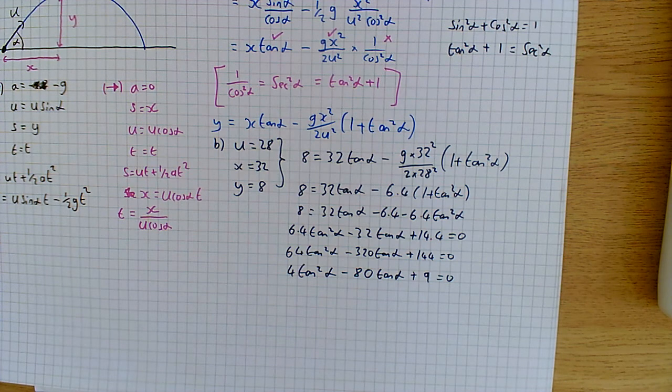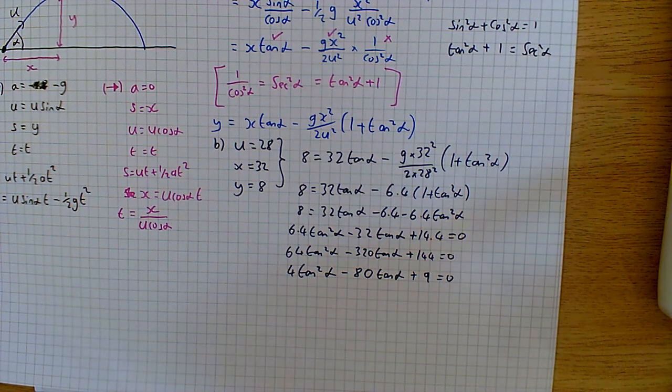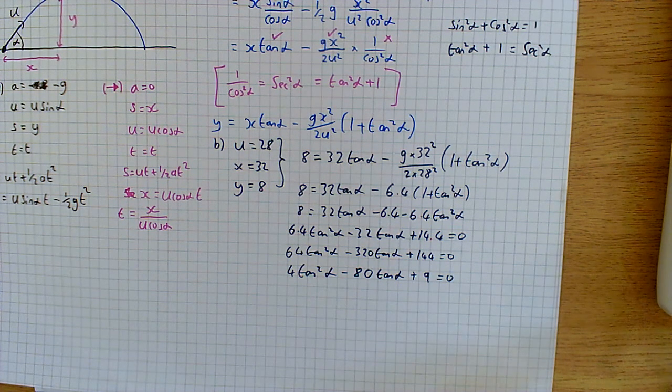And again, still not much help, is it? There's no more common factors. I can't divide by anything common there. So I could still try and factorise it, but actually at this point I'll use the quadratic formula. So if I go on my quadratic formula solver and I put in those values for minus 80 and 9,